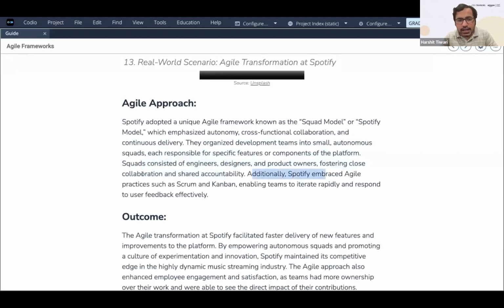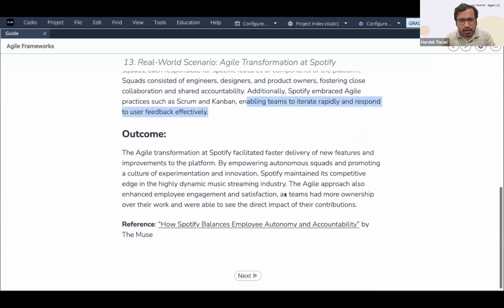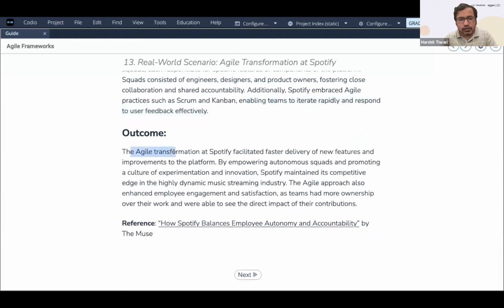Additionally, Spotify embraced agile practices such as Scrum and Kanban, enabling teams to iterate rapidly and respond to user feedback effectively. What was the outcome of this? The agile transformation at Spotify facilitated faster delivery of new features and improvements to the platform. By empowering autonomous squads and promoting a culture of experimentation and innovation, Spotify maintained its competitive edge in the highly dynamic music streaming industry. The agile approach also enhanced employee engagement and satisfaction, as teams had more ownership over their work,